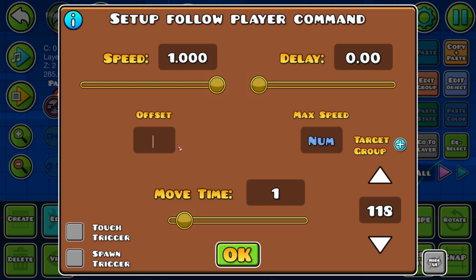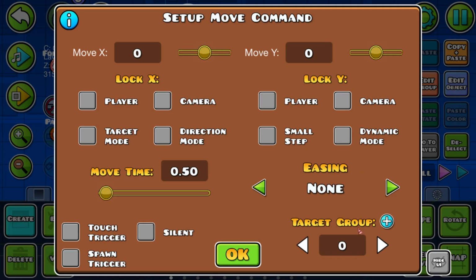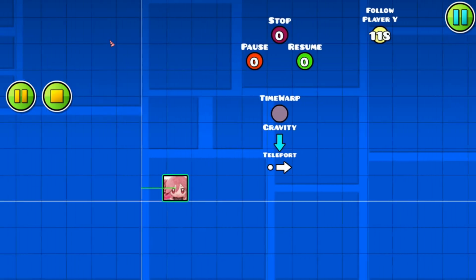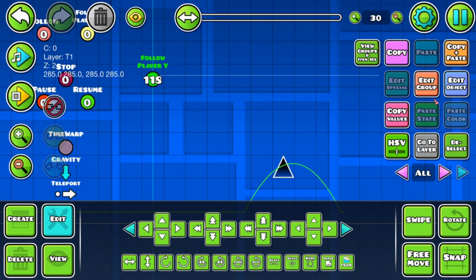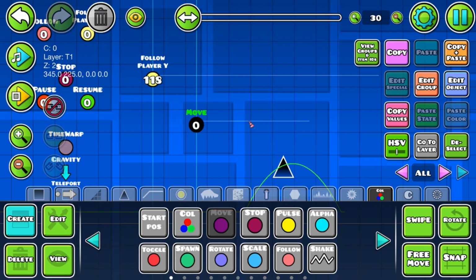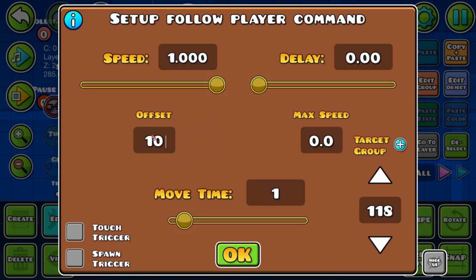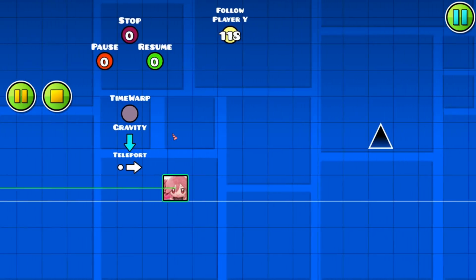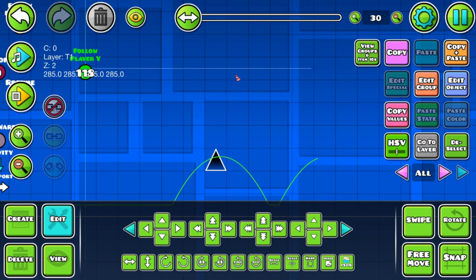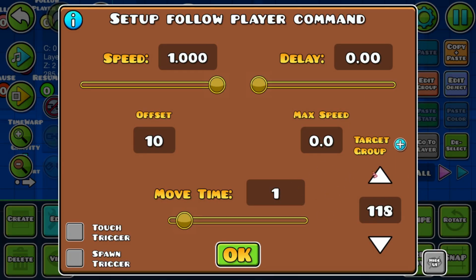Offset. It's literally an offset in the y-axis. Oh, that's a word, but you get me. So basically, it gets to the player position, but offsetted by this amount. So it works like with the move triggers. 10 units is a block, so offset in the y-axis, positive is up, negative is down. So you can see it moves below us like that, and above us like that. Always having in mind the player